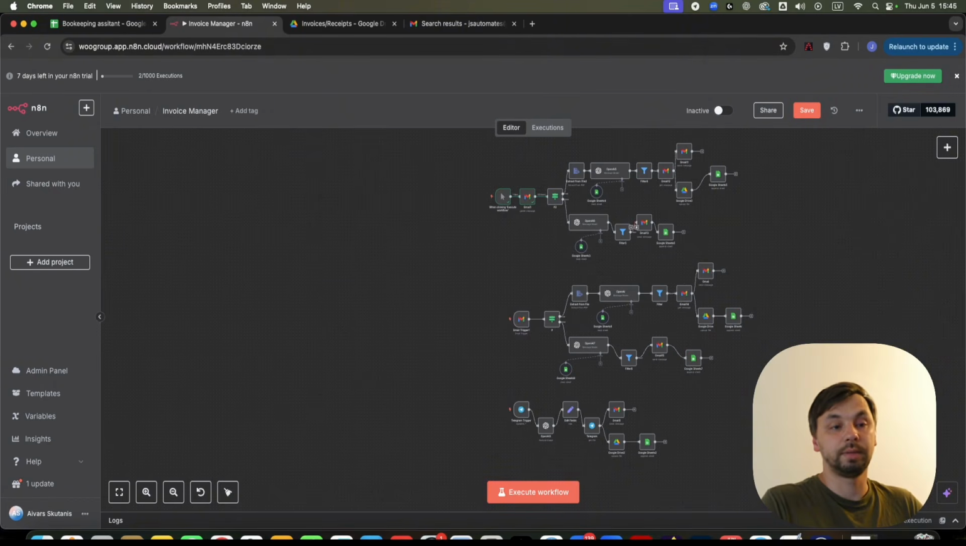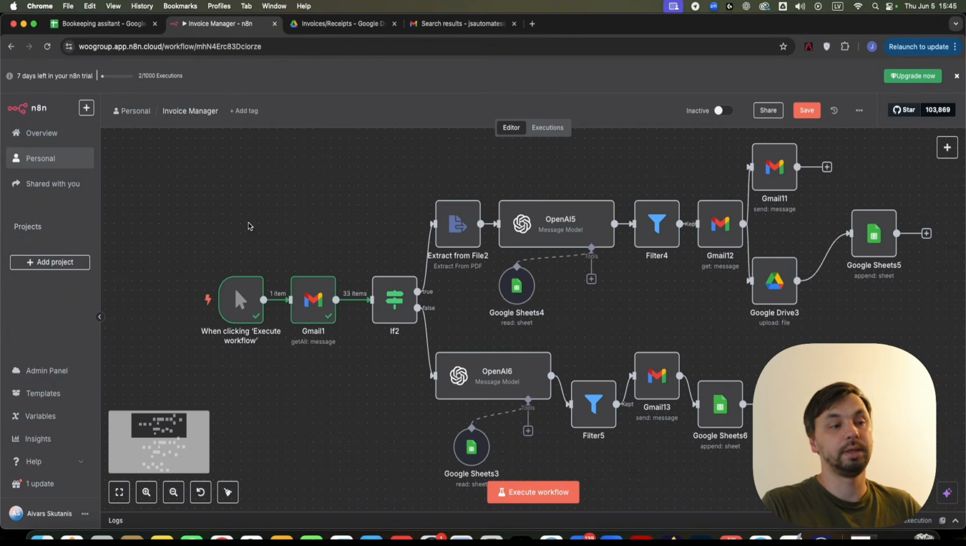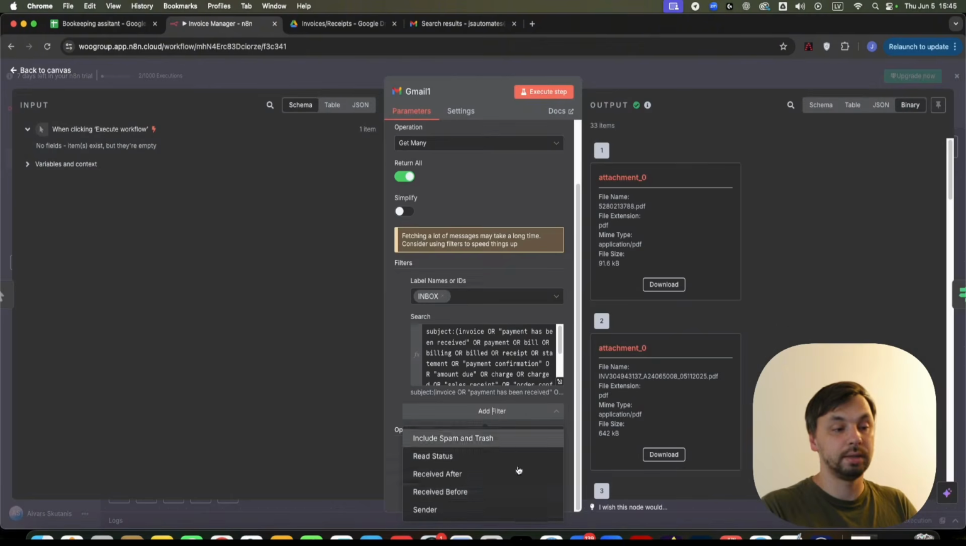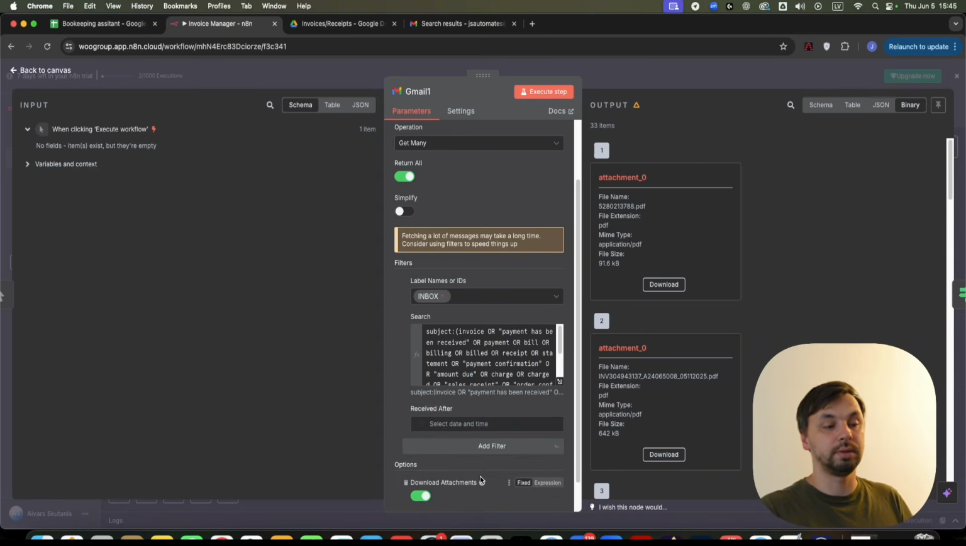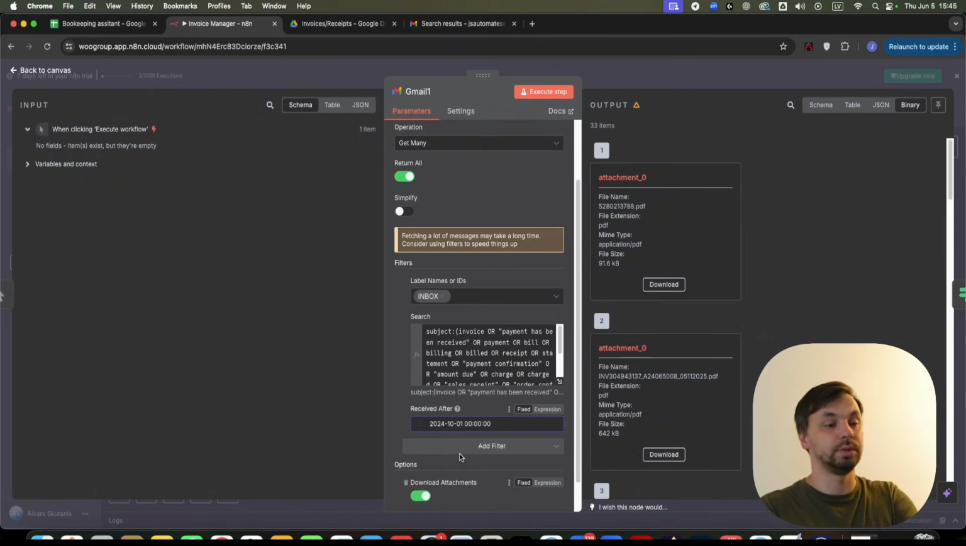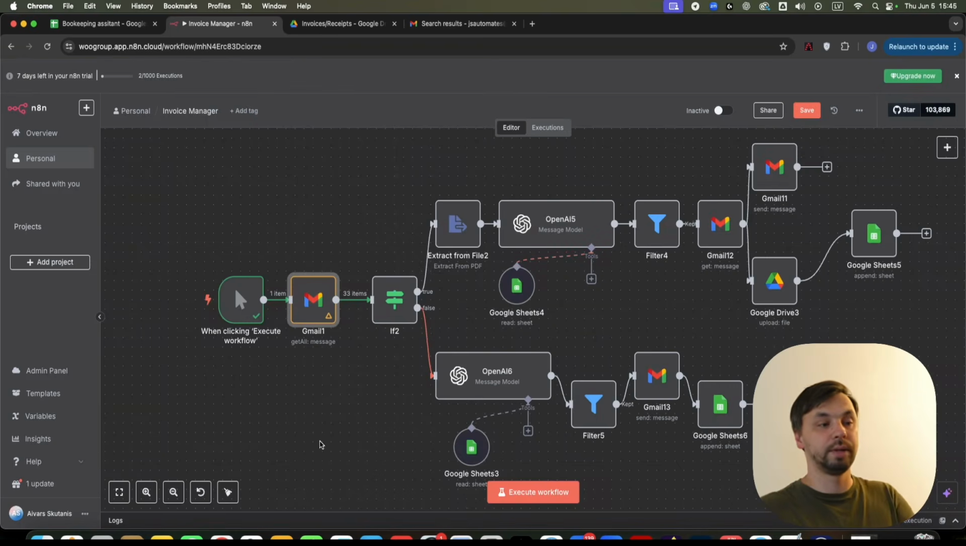So this automation consists of three parts. The top part is the one that you need to run only once when you start using this automation, to get all your previous emails that are invoice related. You can get all emails, or you can even set a date from which you want to start tracking the emails. So you just use a filter, received after. Let's change it to October 1st. And basically this will check only emails that are received after October 1st, but